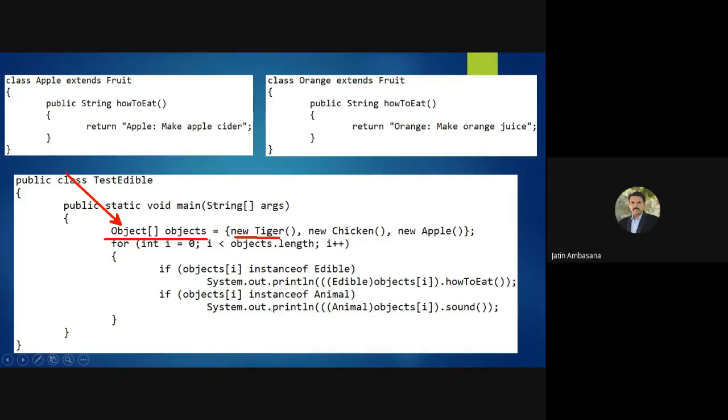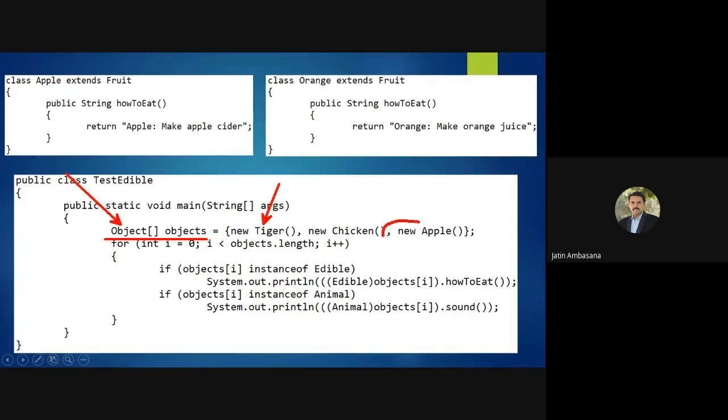We create one object, new Tiger, put it into the first location, then we separate it by a comma, and then we put another object by saying new Chicken. So see, this new Tiger will return a reference. That reference itself is put as the first element of this object array. Then we have this new Chicken, which again creates a reference, which will be put as a reference variable over here.